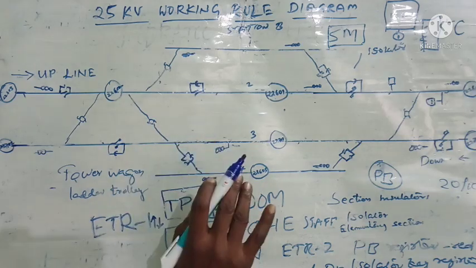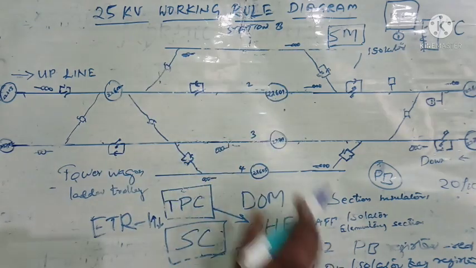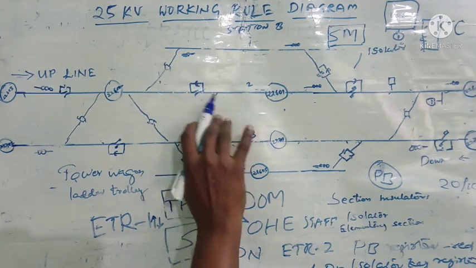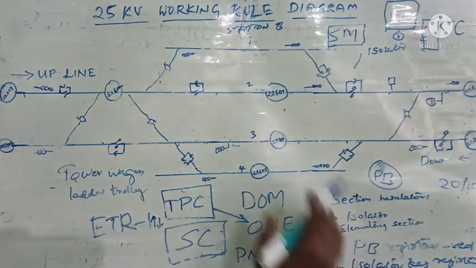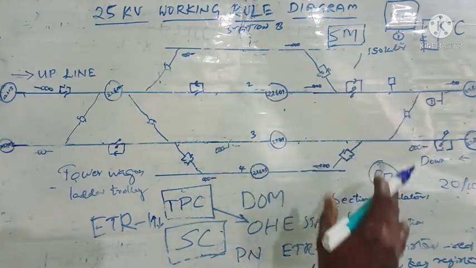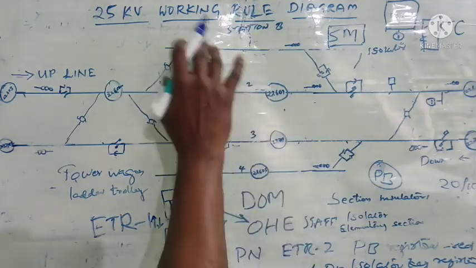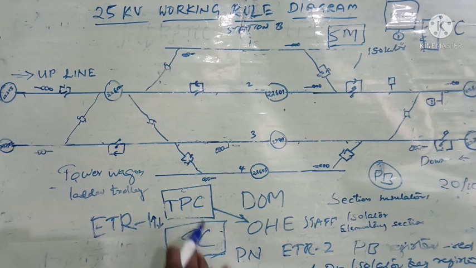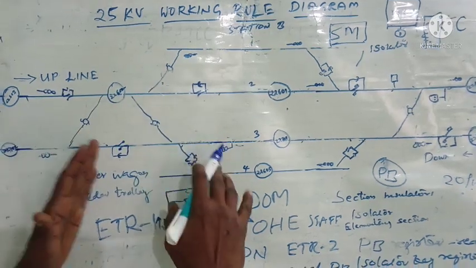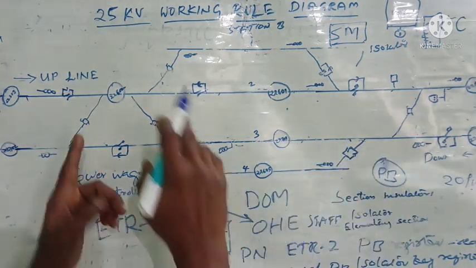Here also the rule says that the list of the trackmen who are going to be rostered for patrolling duty, their name, designation, and also their address, should be given to the station master along with this patrolling chart. So during monsoon time, the patrolling chart will be given. Along with that, the list of the patrolmen who are going to patrol this section should be given to the